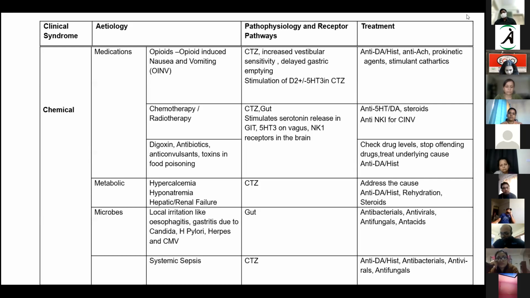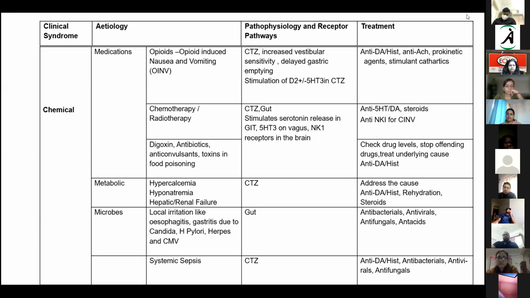Especially in opioid-induced nausea and vomiting, it is mainly due to the activation of the chemoreceptor trigger zone or delayed gastric emptying. So something which may be a dopamine receptor or histamine receptor antagonist, or along with that, a prokinetic agent like metoclopramide, cisapride, can also help in averting this nausea due to the opioid that's being used for this patient for appropriate symptom and pain control. So you might have to balance at that point of time how severe the nausea triggered by opioids is, and whether you might need to change that offending drug also.